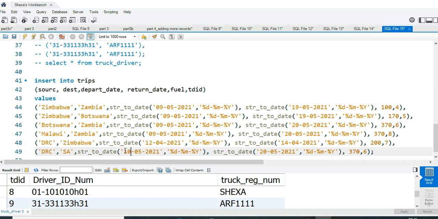Let's just say 10 for the same year 2021, and then returned on the 19th of April, and then fuel is 700. Just put 700 there. Then the driver and the vehicle is 9. Right. So let's run this,